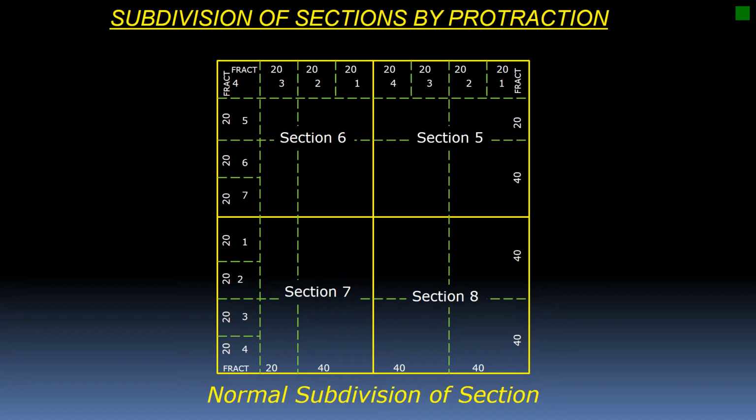So we have an aliquot part of 40 and 40 in the southeast and the southwest quarter of section 5, then we have aliquot parts in the south half of the northeast quarter of section 5 and in the south half of the northwest quarter of section 5. And then we have 1, 2, 3, and 4, and those are the government lots. And they can be fractional. Now, east-west, they're 20 chains apiece, but north-south, they're going to be whatever they are